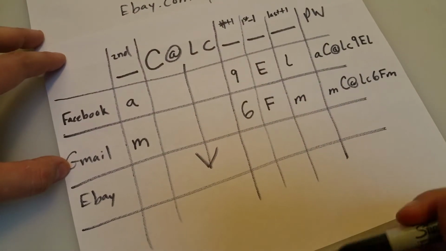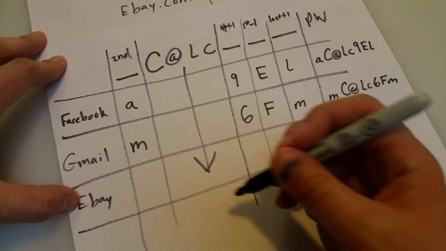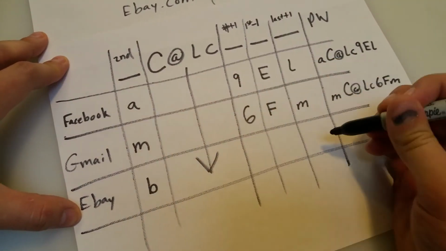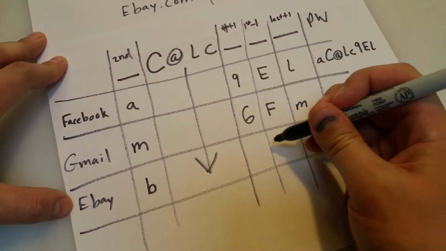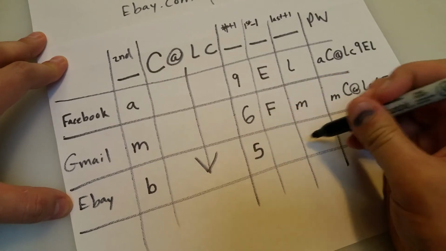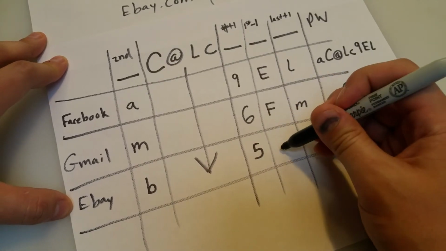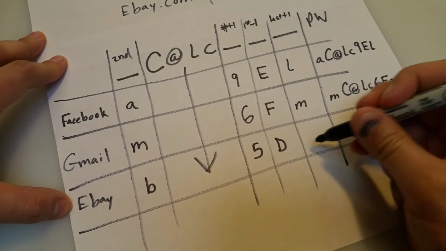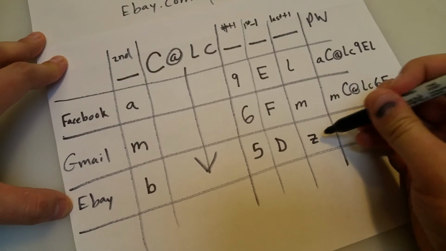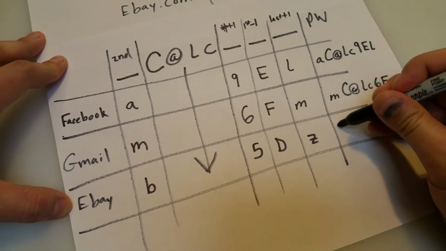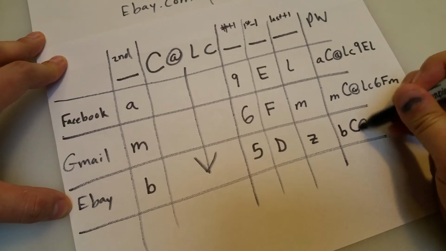Alright, and finally we have eBay. So the second letter is a B. The length of the domain is 4, but we add 1, which gives us 5. The E gets translated to a capital D, and the last letter gets translated to a lowercase z. So that gives us B, C, @